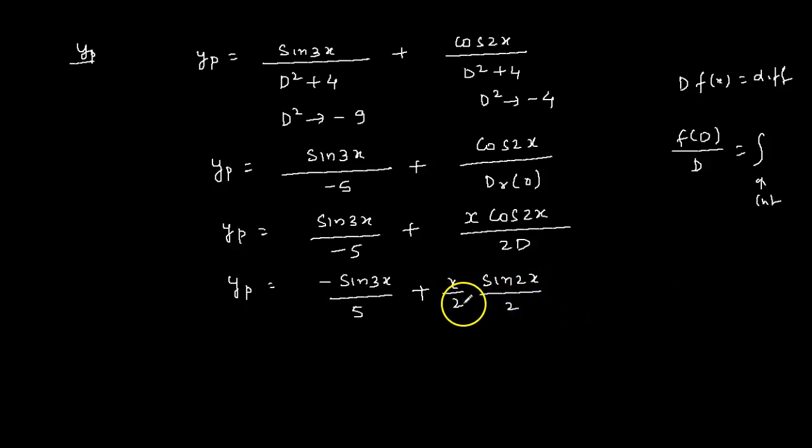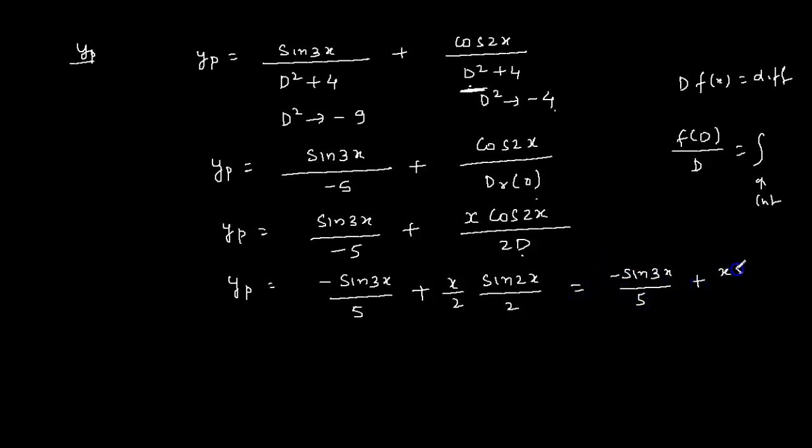Now I have a question. Tell me. For cos 2x by the denominator 0, how did you do that? If you replace 4 minus 4 here, you get 0, right? So the denominator is 0 here. So what you have to do, like the same previous method, you have to multiply by x and differentiate the denominator part. So D square differentiation is 2D and 4 is 0. Something divided by D means integration here. So I am integrating cos 2x; the integration is sin 2x by 2. So we'll get here minus sin 3x by 5.